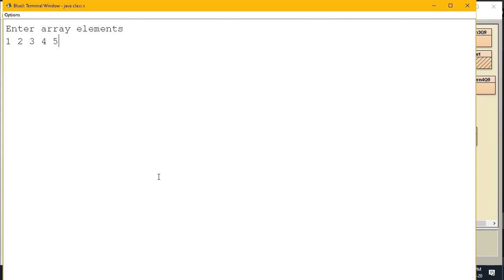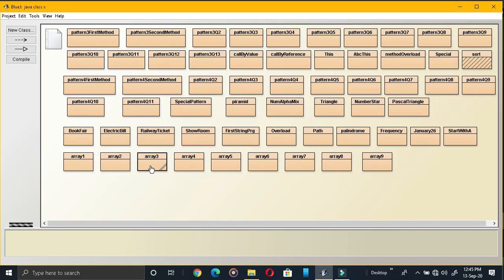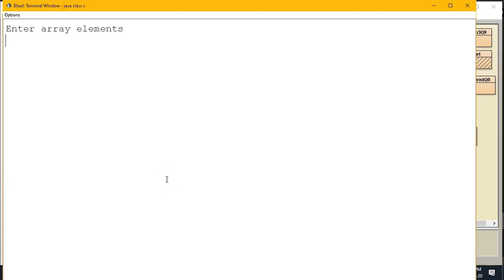See, we have 5 elements declared. That's why 1, 2, 3, 4, 5. The entered array elements 1, 2, 3, 4, 5. Now look, I am running the loop again so that I can enter the values in this way. The entered array elements 7, 4, 5, 8, 3.